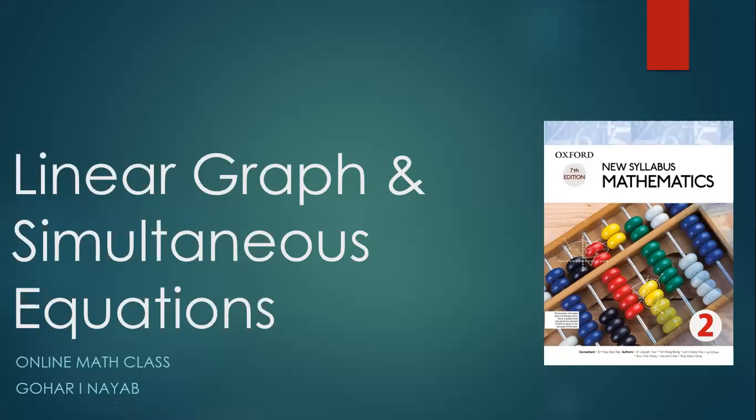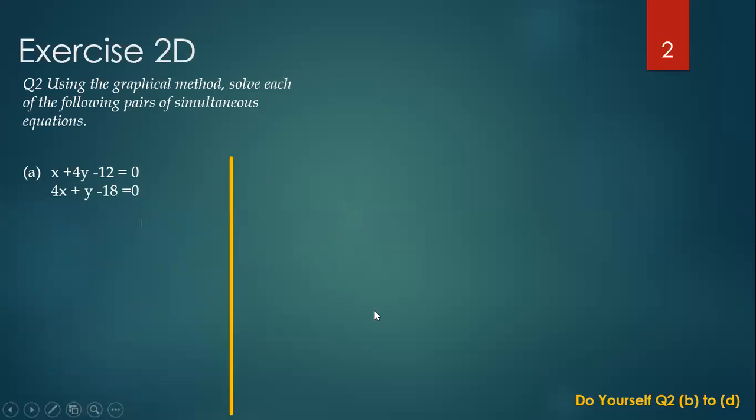Chapter 2 of Syllabus D book 2. And today we are going to solve exercise 2D, question number 2 and 3. So let's get started. Question number 2 says, using a graphical method, solve each of the following pairs of simultaneous